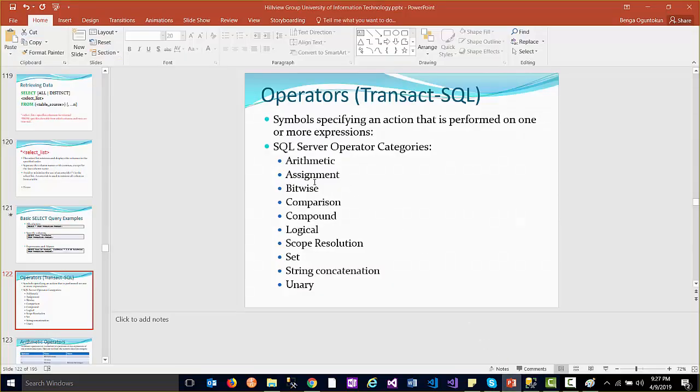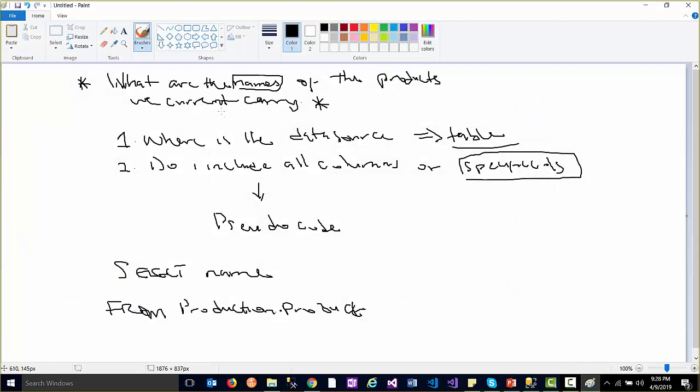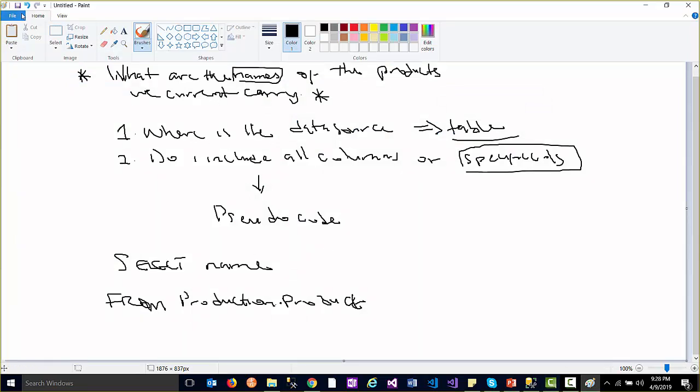The expression we have here. If we want to get the name and then the sales price from the product table, and we have been told that the sales price is the list price multiplied by 0.9. So our requirement in this particular situation